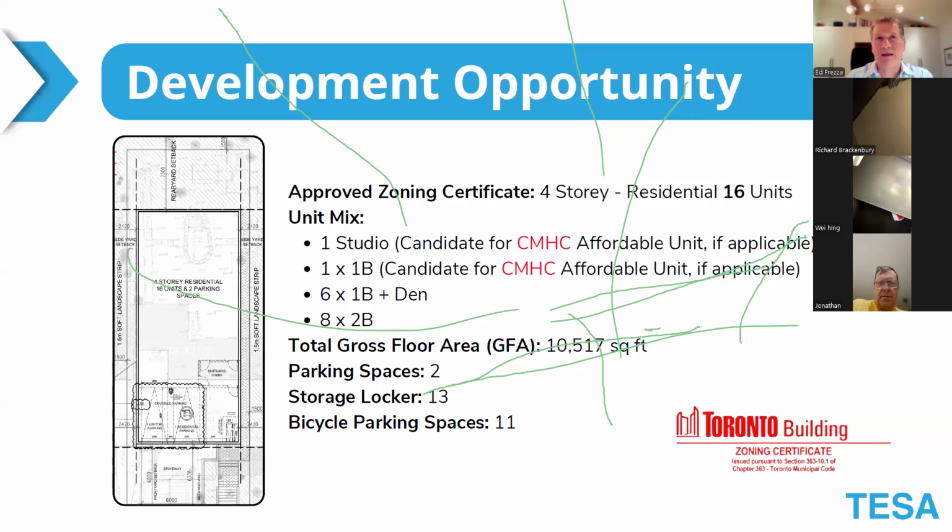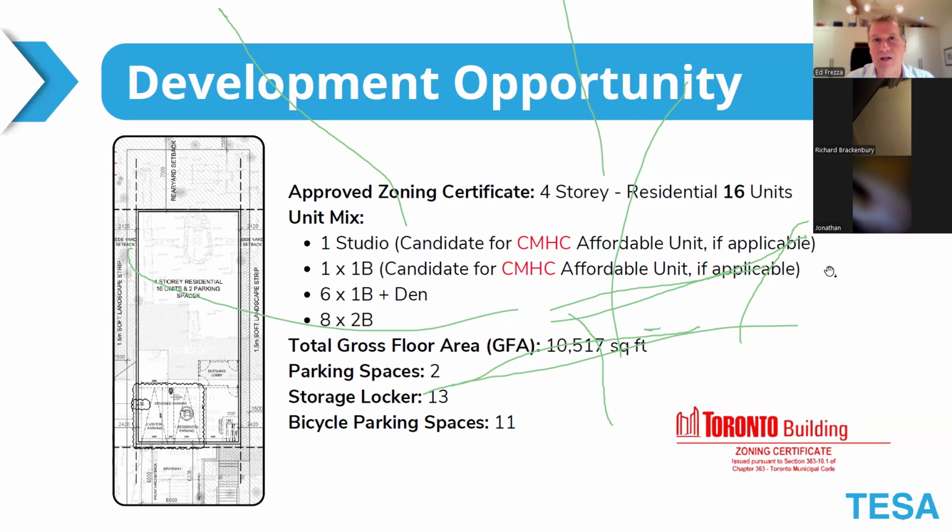And the importance of that is that it gives us the flexibility that if we want to create an affordable unit, we have the opportunity to do so. And typically, affordable is defined as $1,348 per month. CMHC has not made any stipulations as to how many bedrooms it has to have, how many square feet. So typically, you'll see that the smallest units are being allocated as affordable units, and you have to have 10% of your buildings. So 10% of 16 is 1.6, and they round up. That means you'd have to have 2.